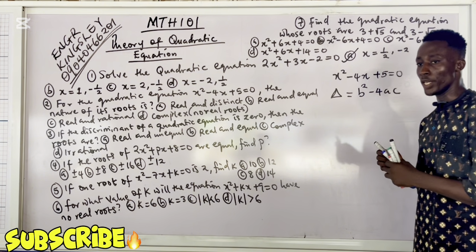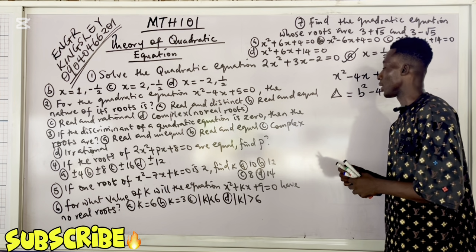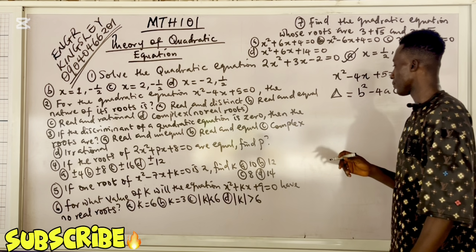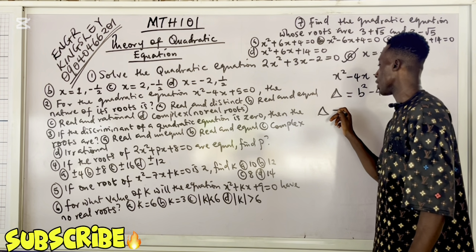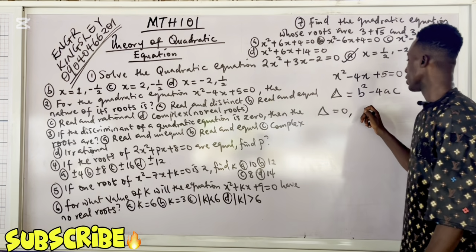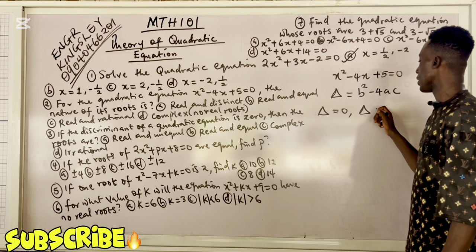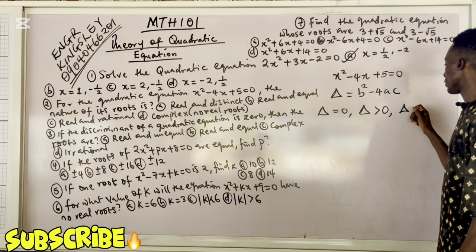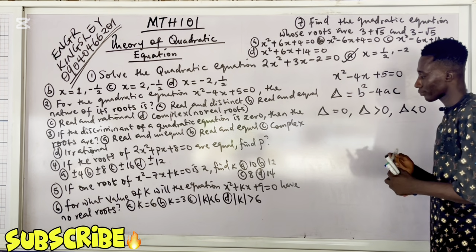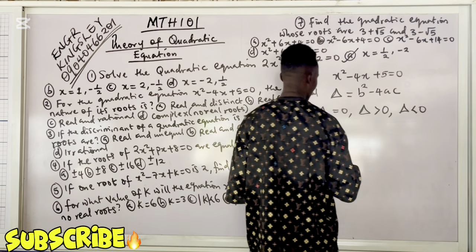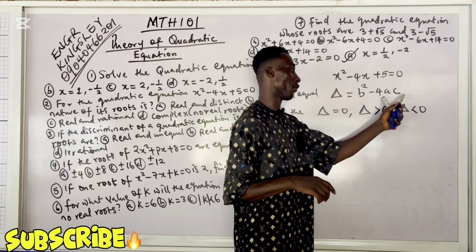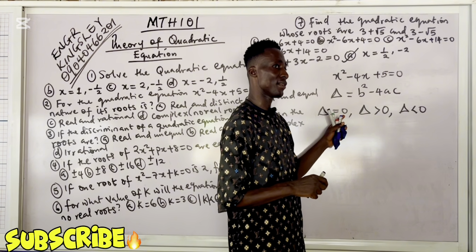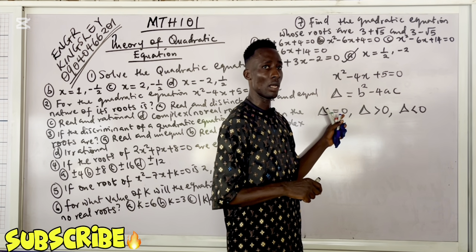There are 3 ways we can represent this discriminant: discriminant can be equal to 0, discriminant can be greater than 0, or discriminant can be less than 0. If the discriminant, which is b squared minus 4ac, is equal to 0, we say it is real and equal